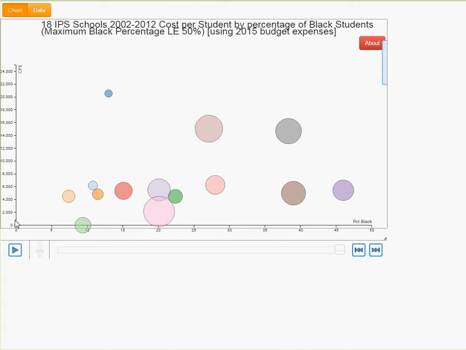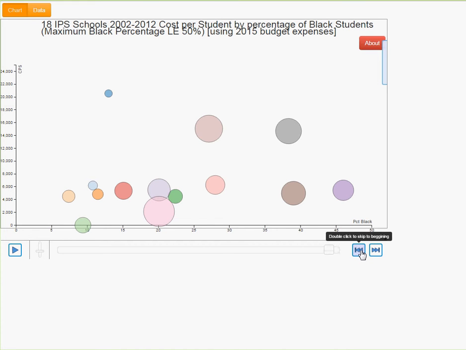And you see that goes from basically 0 to 24,000. And here on the x-axis is the percentage of black students. So the question becomes, so what's the motion? Well, the motion is,